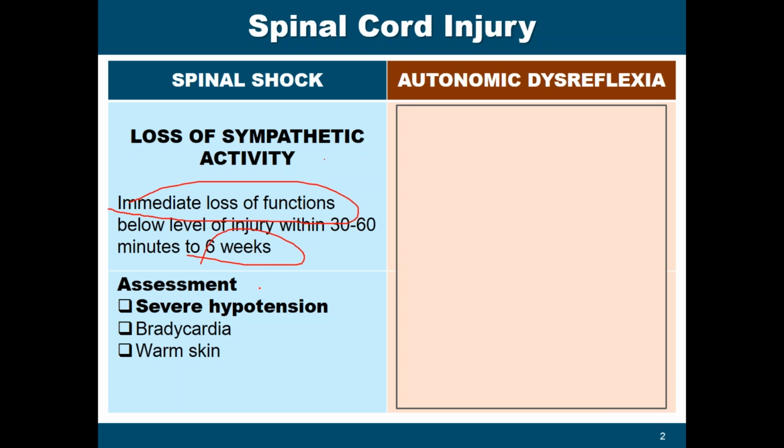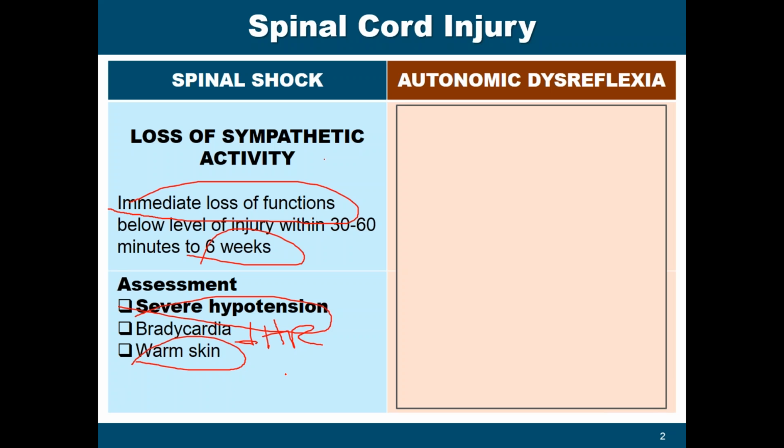And one of the things that you should remember in the NCLEX will be the primary assessment finding in patients with spinal shock, and that would be severe hypotension or a drop in the blood pressure. And also another characteristic is a decrease in the heart rate or bradycardia and warm, dry skin in these patients. So we still consider this as a life-threatening complication of spinal cord injury, and immediate management must be done to